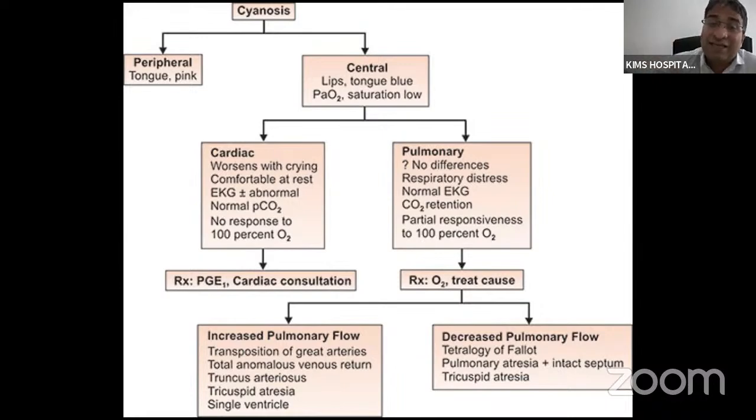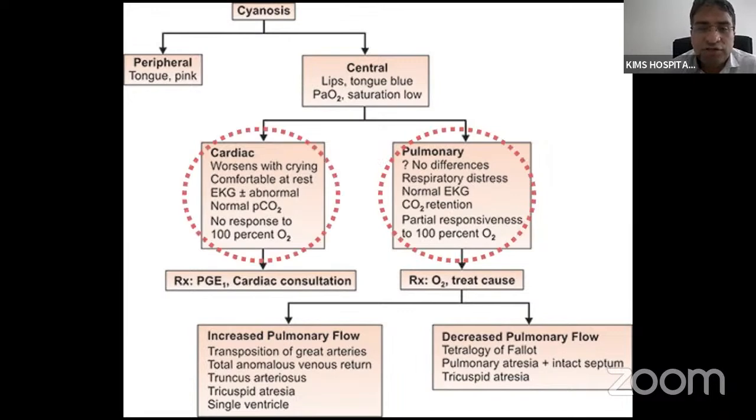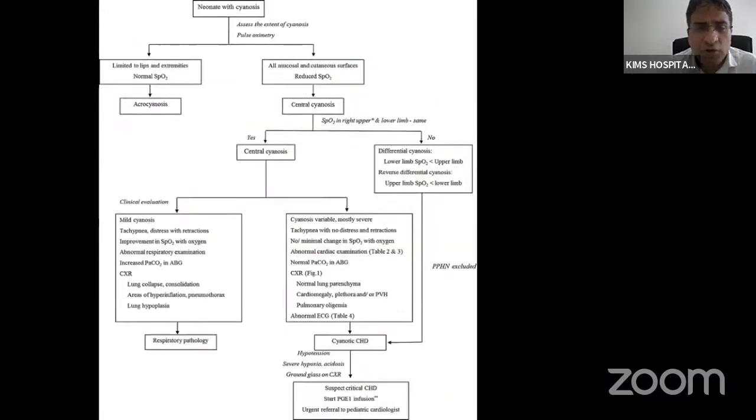But when the baby is having distress, that may be pulmonary and all, then you have to see how to differentiate between pulmonary and cardiac. So that is how we'll differentiate here. So neonate with cyanosis, acrocyanosis, central cyanosis, clinical evaluation you have to do. If you have tachypnea, distress, improvement on oxygen, and abnormal respiratory examination, increased PCO2, lung collapse, consolidation, pneumothorax, anything